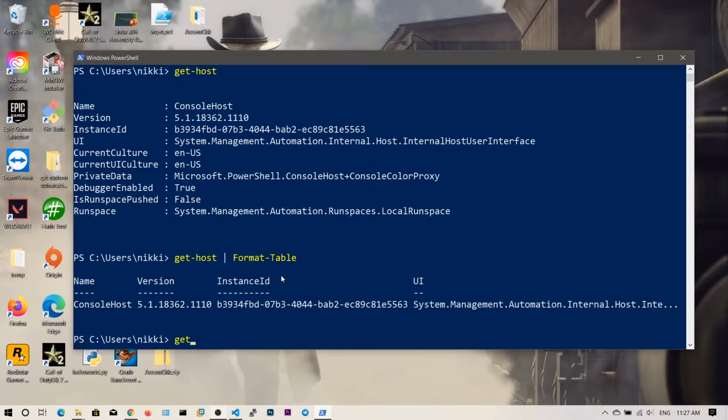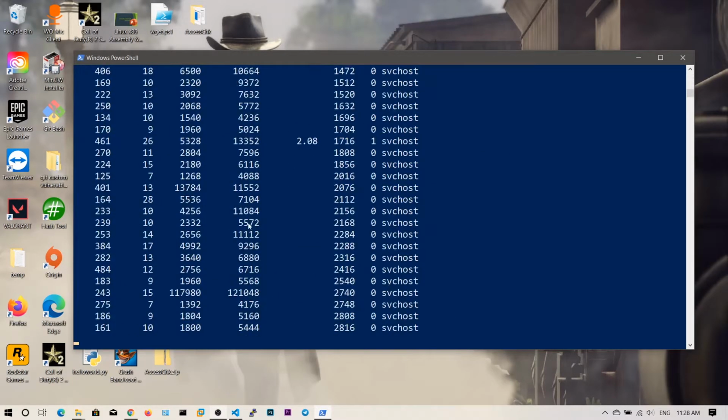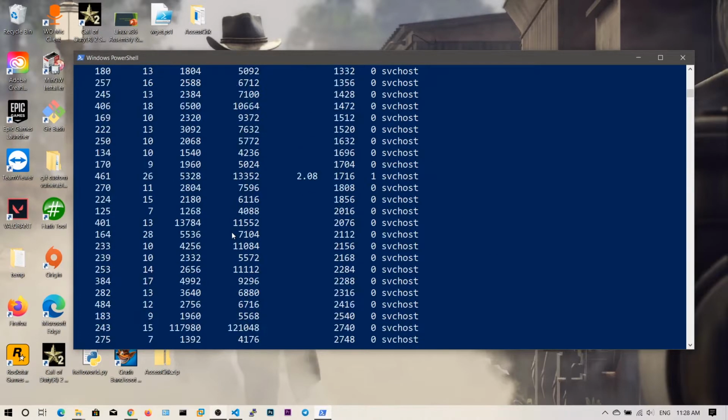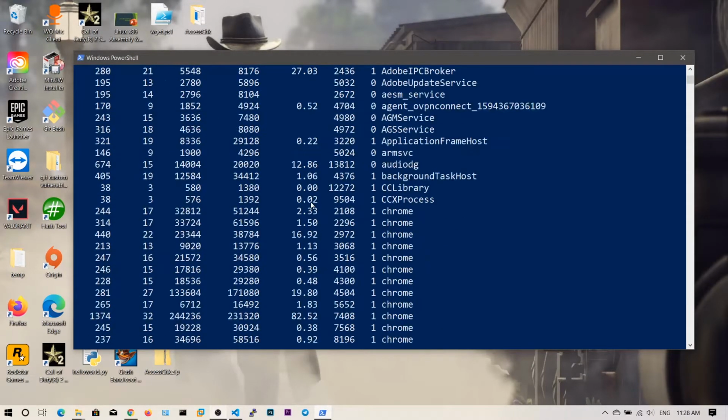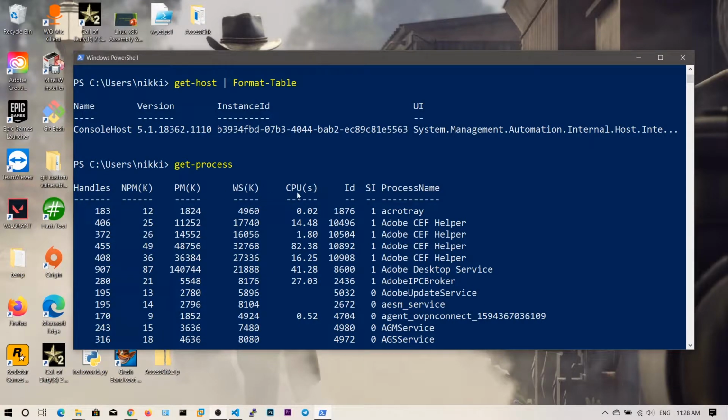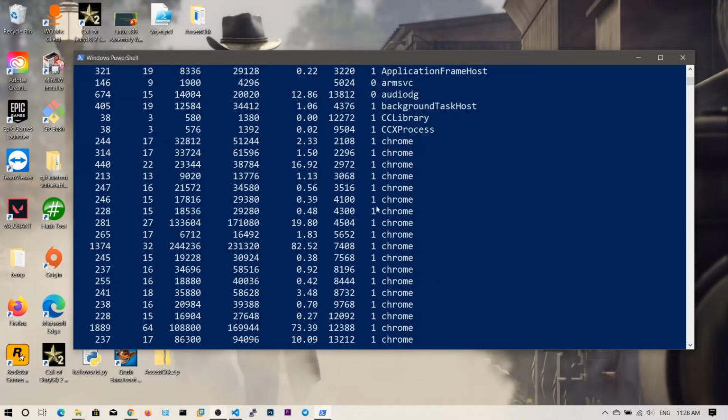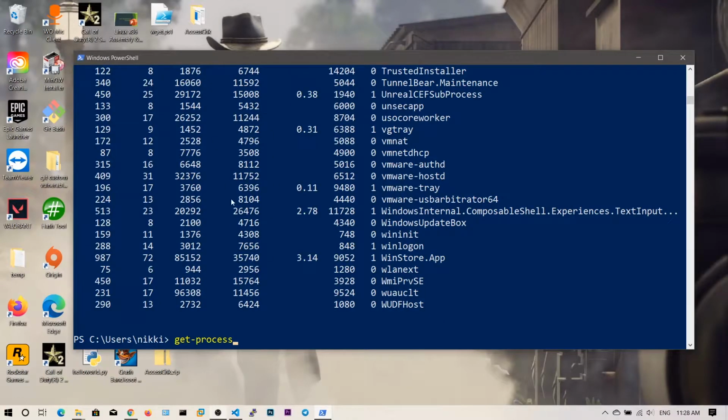So let's get the process. If you want to convert the table into the list, we need to say Format-List. So first let's type Get-Process, and you can see these are all the processes running on my local computer. You can see handles, CPU, ID, process name, etc. This is very lengthy, and if you want to convert this into a list, you need to pipe it to Format-List.